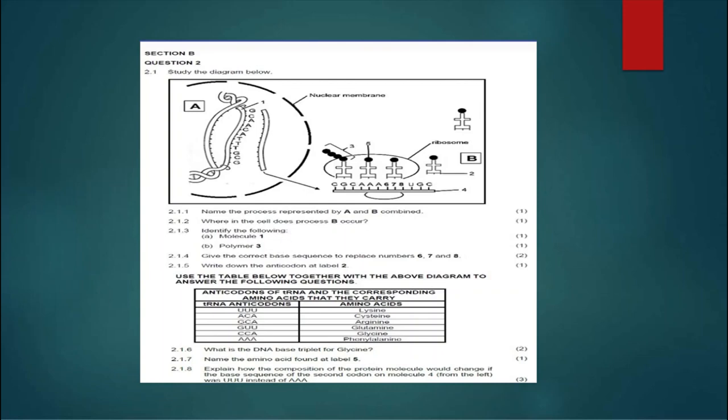Polymer 3. Polymer 3 is a protein. Here's polymer 3. These round black things here, they are amino acids. They are always placed on top of the tRNA, and when they are combined, they are called a protein. Give the correct base sequence to replace numbers 6, 7, and 8. Where is 6, 7,